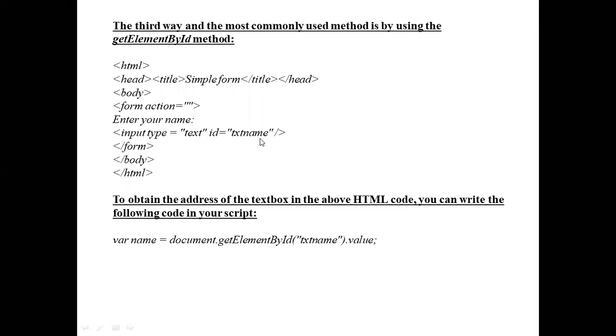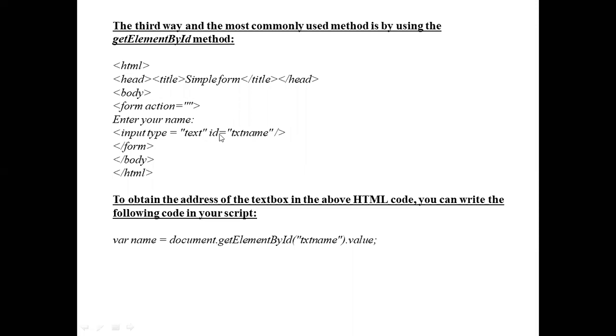So here we are accessing the elements in the HTML using the ID selector. var name equal to document.getElementById with txtname.